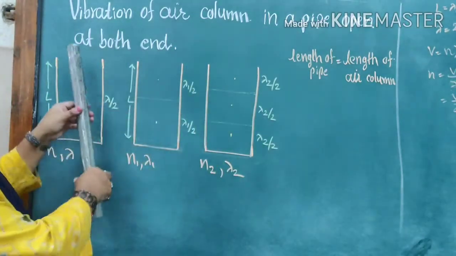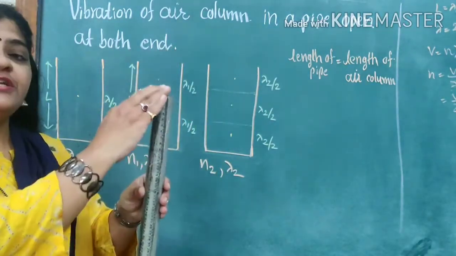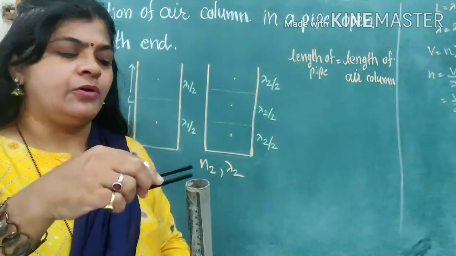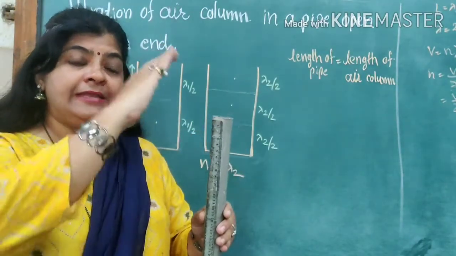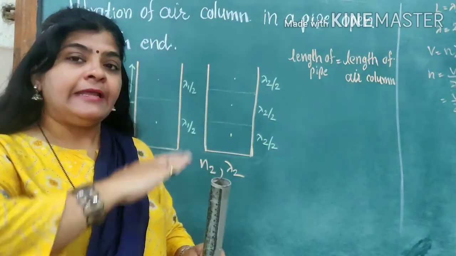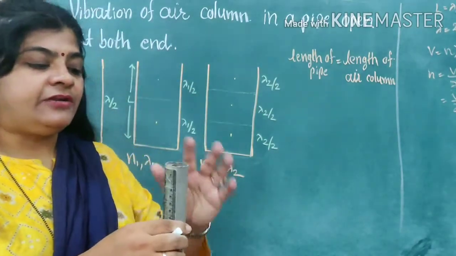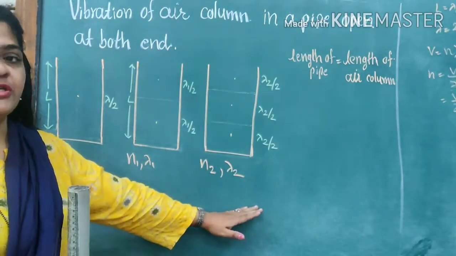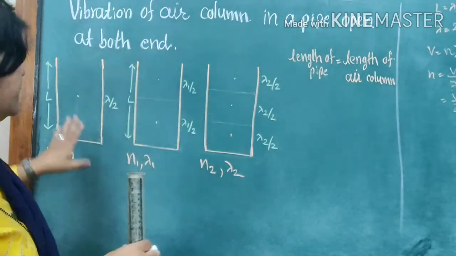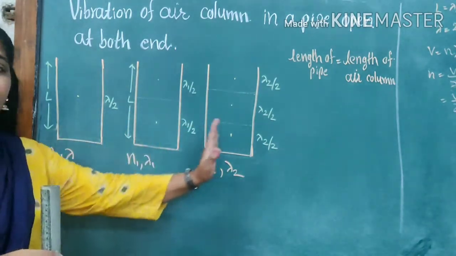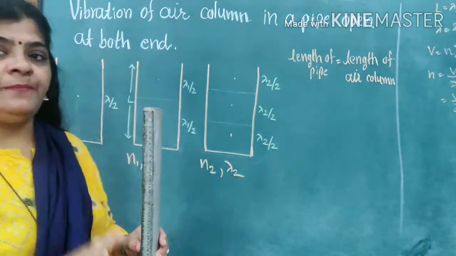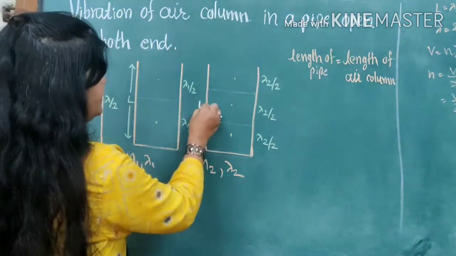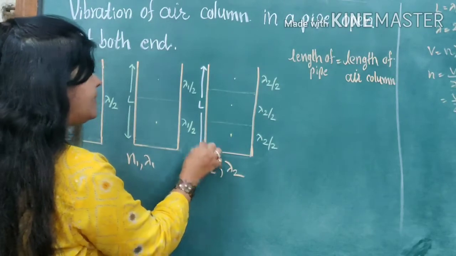It means the same pipe is used here, and we are not changing the length of the pipe, and we are not changing the frequency of the tuning fork. The same sound note is created inside, and the air column starts vibrating and produces the stationary wave. In the three different modes of vibration, only the diagram is shown, the first, second and third diagram, but the same pipe is used. That's why in the three diagrams the length will be the same. The length of the pipe remains the same because the same pipe is used.